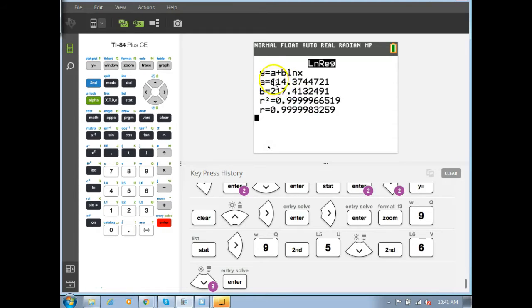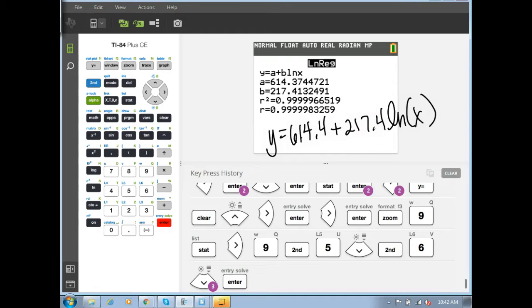Now make sure your numbers are going in the right spot. The function says a plus b times natural log of x. So on our function, we're going to write down y equals a, so 614 point, whatever, I'm going to round to tenths place, plus 217.4 times the natural log of x. So there's your function. And then if you keep looking onto worksheet 14 now, it kind of laps over to